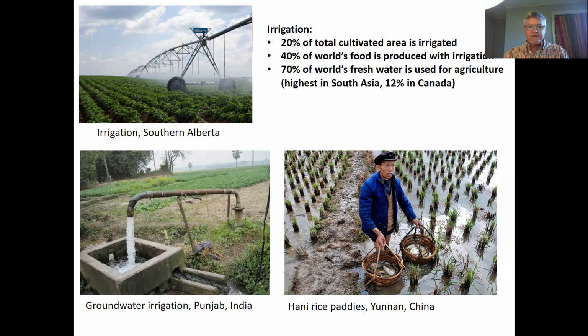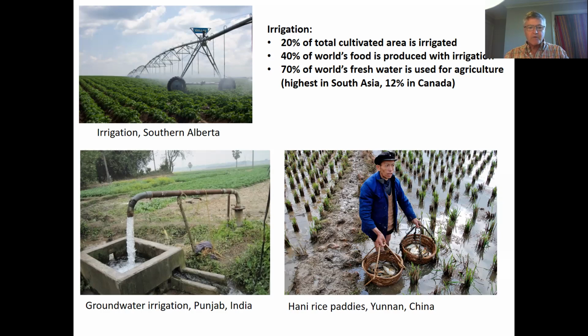We have systems like we see in southern Alberta. Southern Alberta is Canada's main location for irrigation and has been for the last about 100 to 120 years, from about 1900 when that area was settled and irrigation started quite early. And that is capturing flows of water which come from the major rivers emanating in the Rocky Mountains, especially the South Saskatchewan River system. We also have water which is used for irrigation, which is pumped from underground water